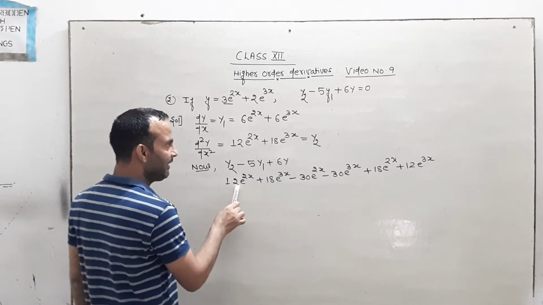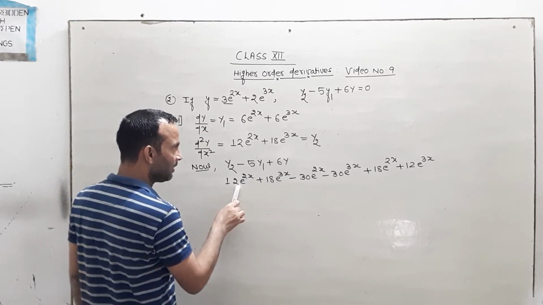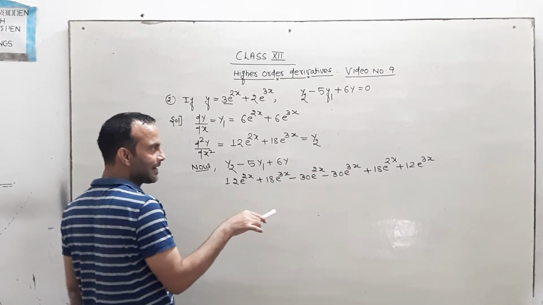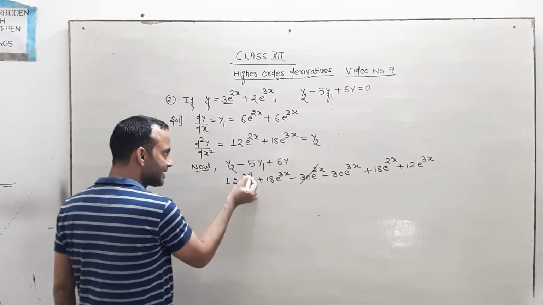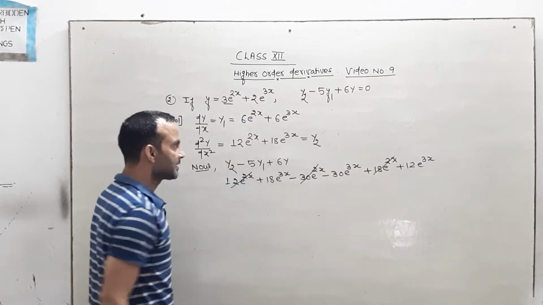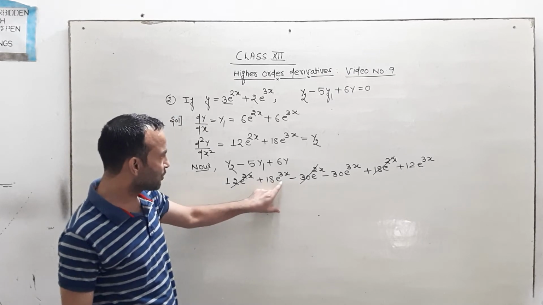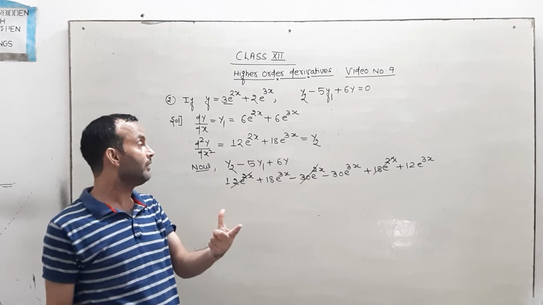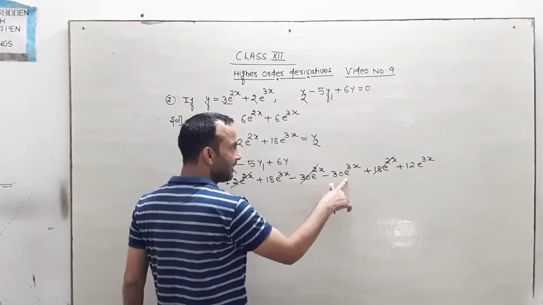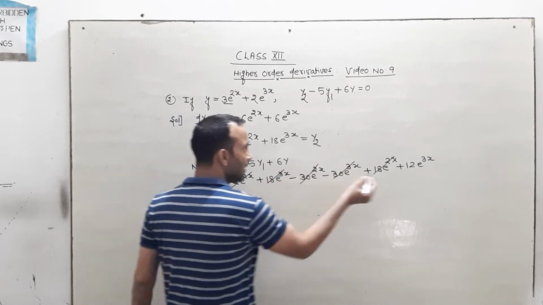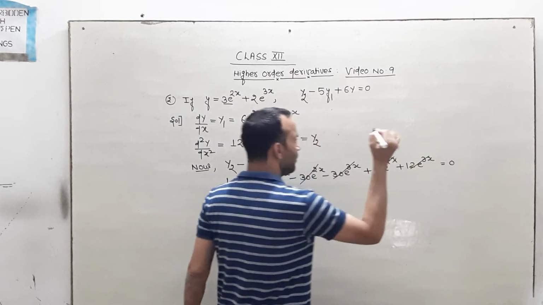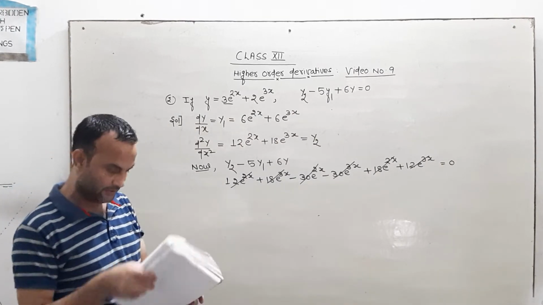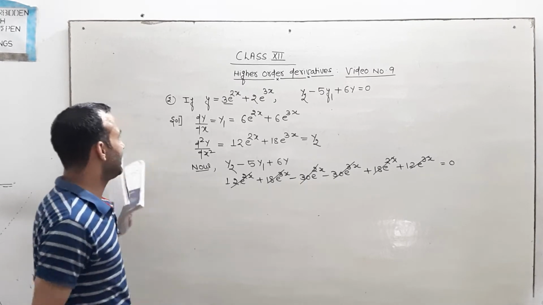Now see, 12 e raised to the power 2x and 18 e raised to the power 2x becomes 30 e raised to the power 2x, minus 30 e raised to the power 2x, which cancels. Similarly, 18 times of e raised to the power 3x plus 12 times of e raised to the power 3x means 30 times of e raised to the power 3x, minus 30 times of e raised to the power 3x, which cancels. What do we get? It is equal to 0. Hence proof. Now I am going to take the next problem, dear students, and the next problem is